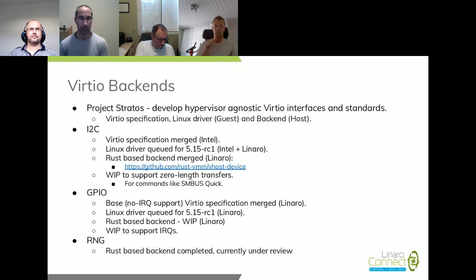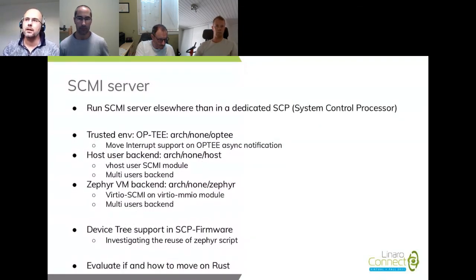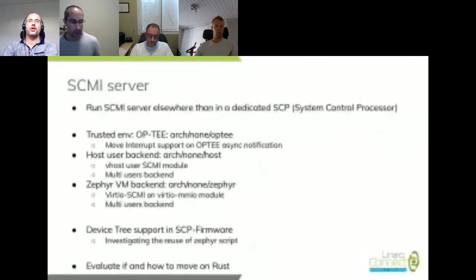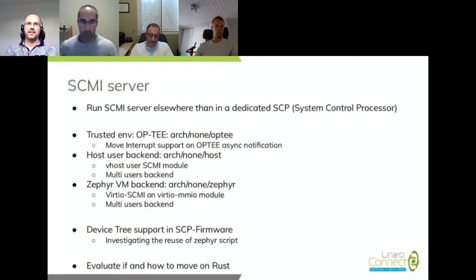Yeah, thank you. So we are working on running an SCMI server somewhere else than a dedicated system control processor or power coprocessor. For the last couple of months, we have started to work on implementation in various execution environments.